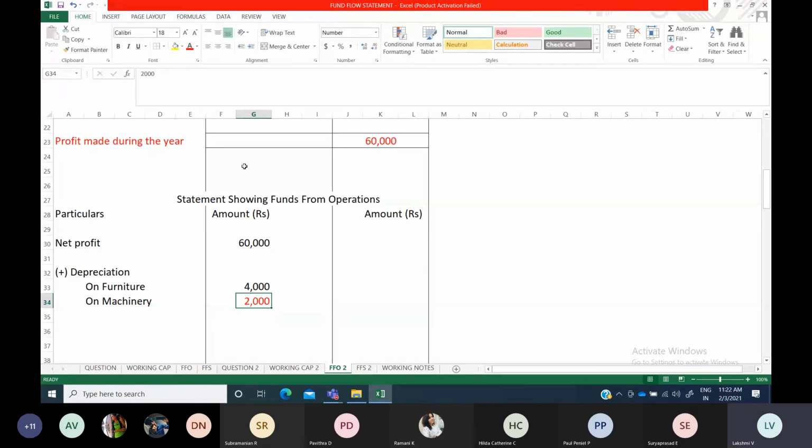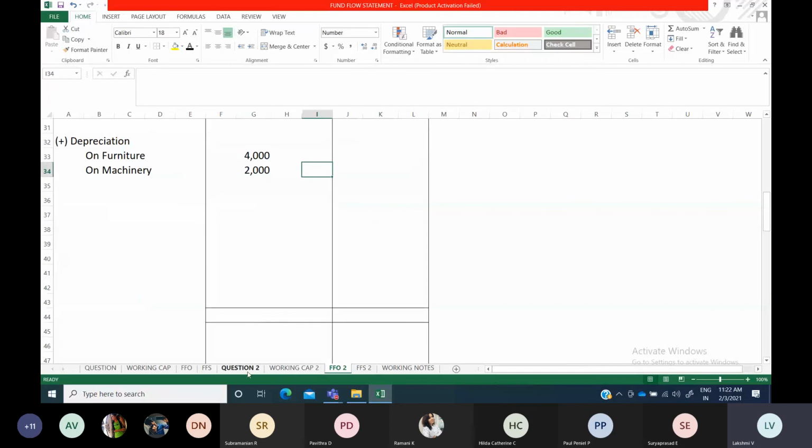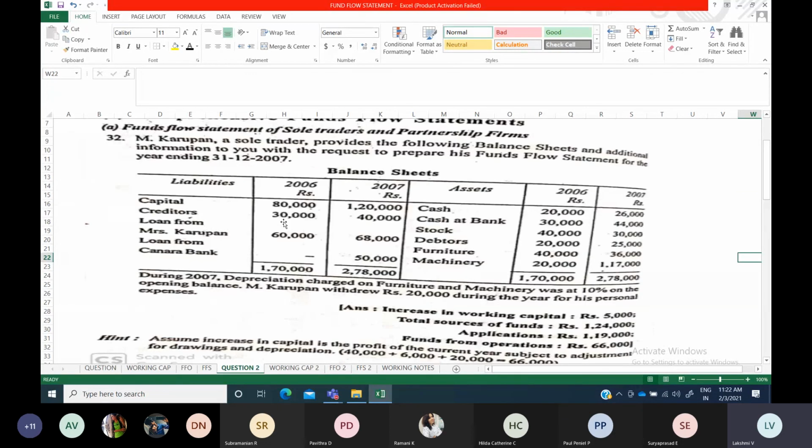Then you have to go through any other items that have been given under the question. So as we discussed, no transfer to general reserve, no goodwill written off, provision for taxation item is not there. Okay, or else you have to prepare the provision for taxation account separately, and go through whatever is given in the additional information, all those things. In the last problem we did that. Here there is no such information, so we need not worry about that. Okay, so that's all, every item we have done. Goodwill is not there. If goodwill written off or anything is there, you will include it here. So that's it. No items have been given here.